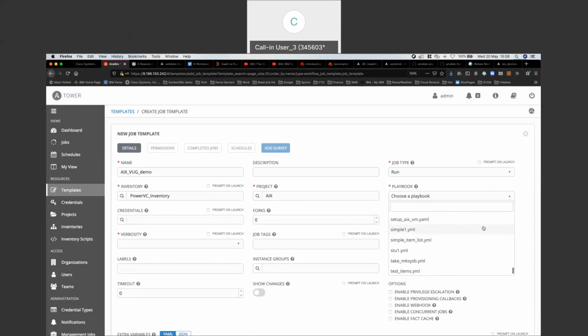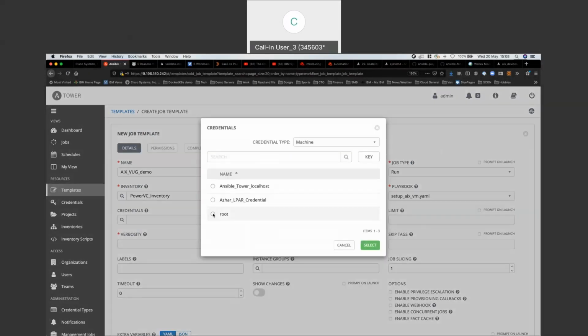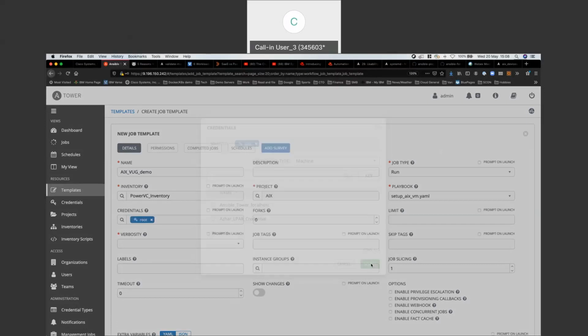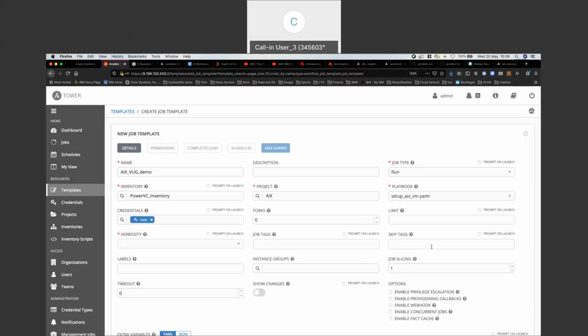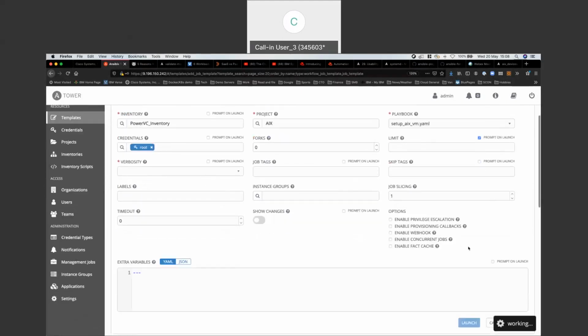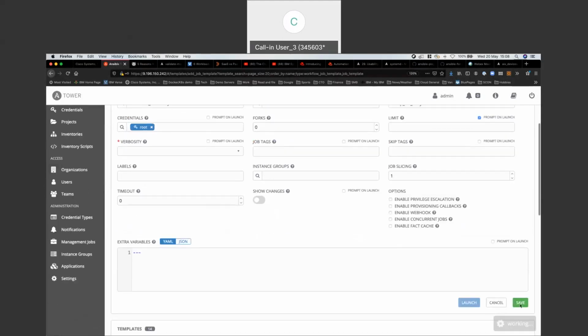So there's that setup AIX one that I ran a minute ago. Let's say that I want to connect to those clients as root. Obviously, it's using SSH, so I don't have to put any password in there. And then for this example, I'm going to limit it. I don't want it running against the thousands of VMs I've got. So I'm going to prompt at launch. And that's all I need to do. So hopefully, if I save that,